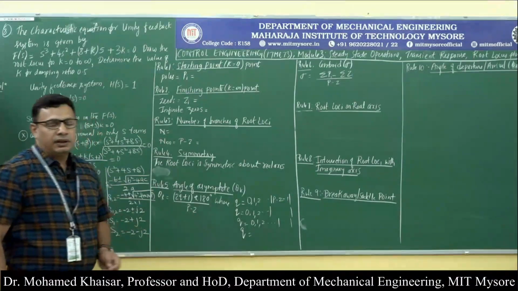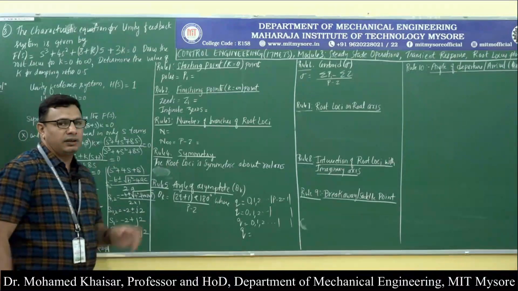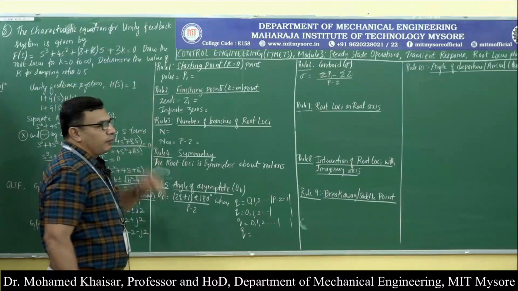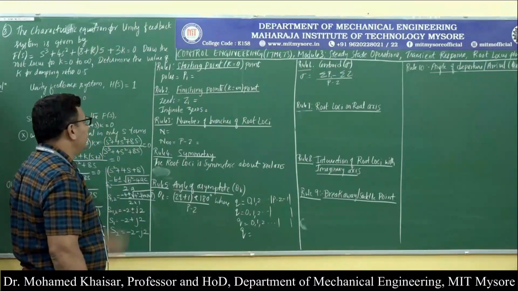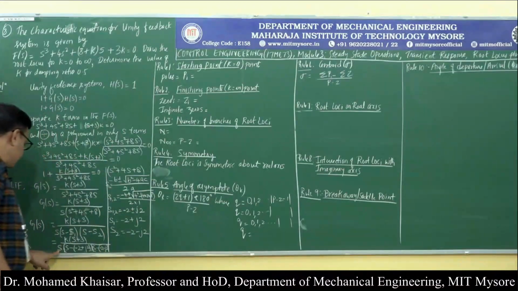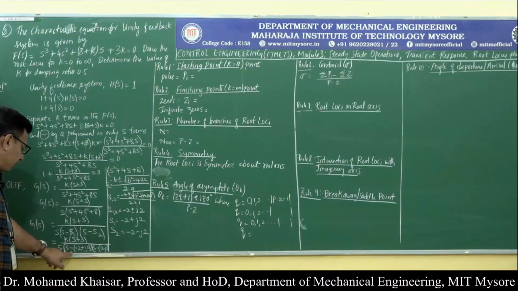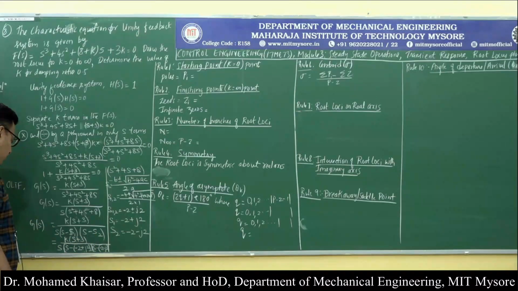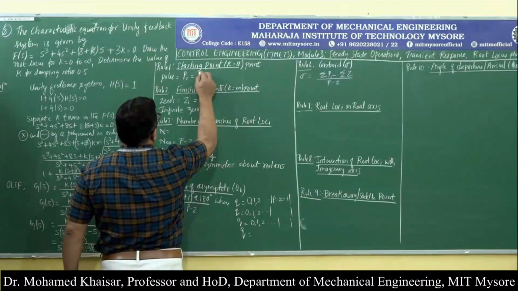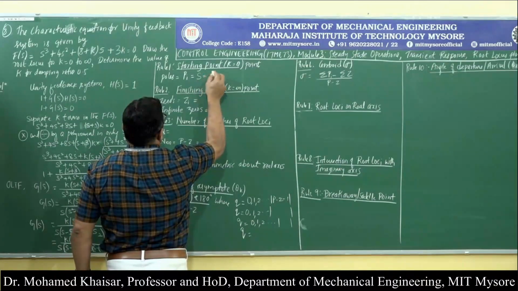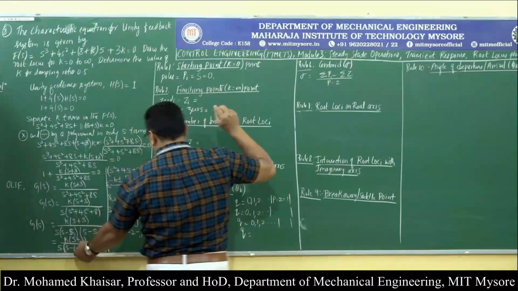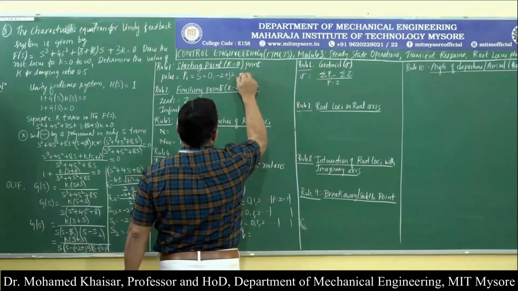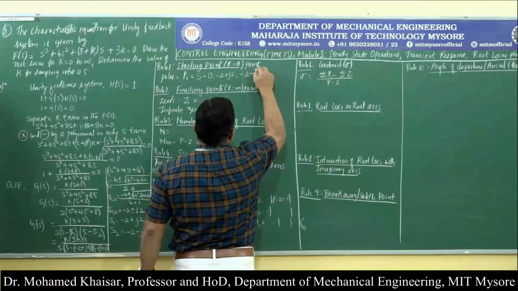Now we will start applying the root locus technique rules, the rules that are going to support us to evolve the analytics. So the starting point for drawing the root locus will always be the poles. And poles are what? Poles are s equal to 0, s minus (minus 2 plus j2) equal to 0, and s minus (minus 2 minus j2) equal to 0. So the starting points will be s equal to 0, s equal to minus 2 plus j2, and s equal to minus 2 minus j2.